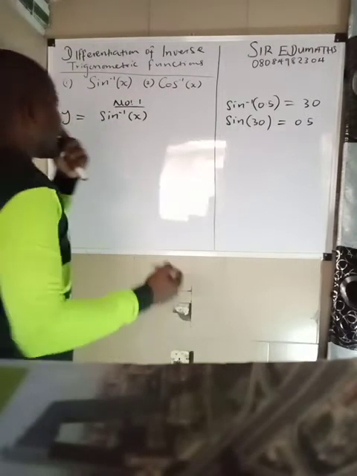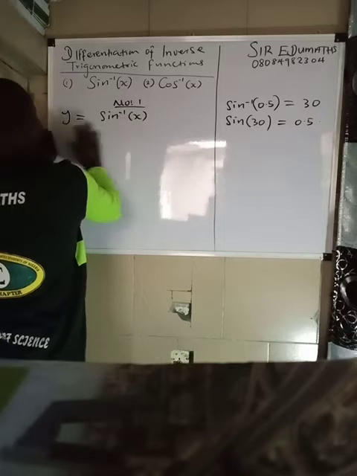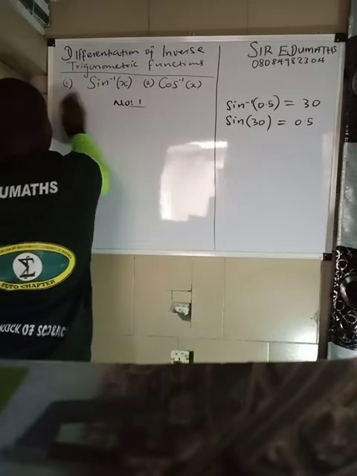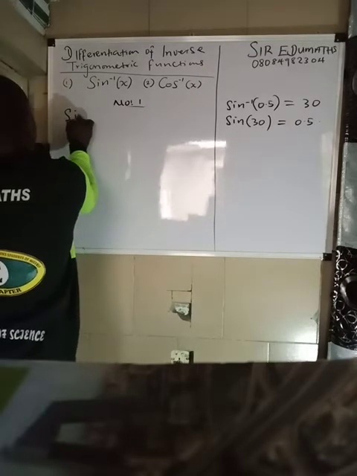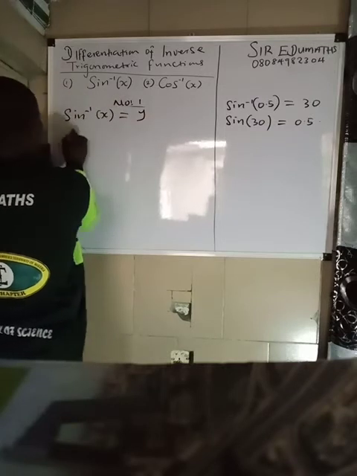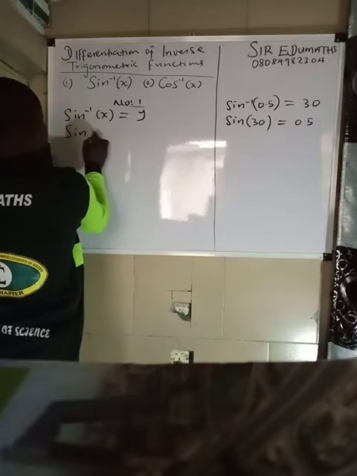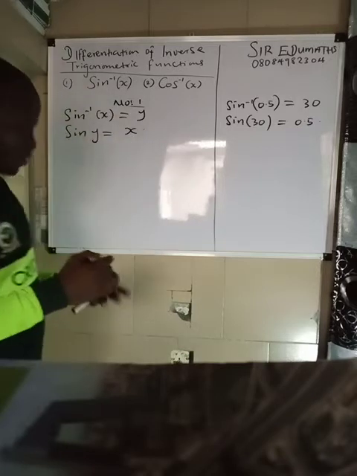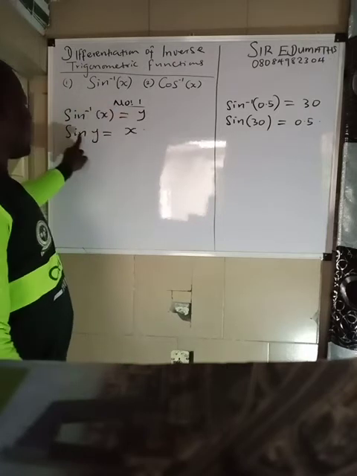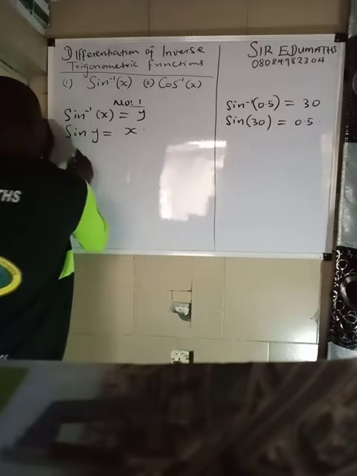If you understand that idea, this means that since sine inverse of x gives us y, let's put it this way so you understand it clearly. If sine inverse of x gives us y, it then means that sine y will give us x. I don't know if you understand what I did there. Okay? Then from here, we differentiate